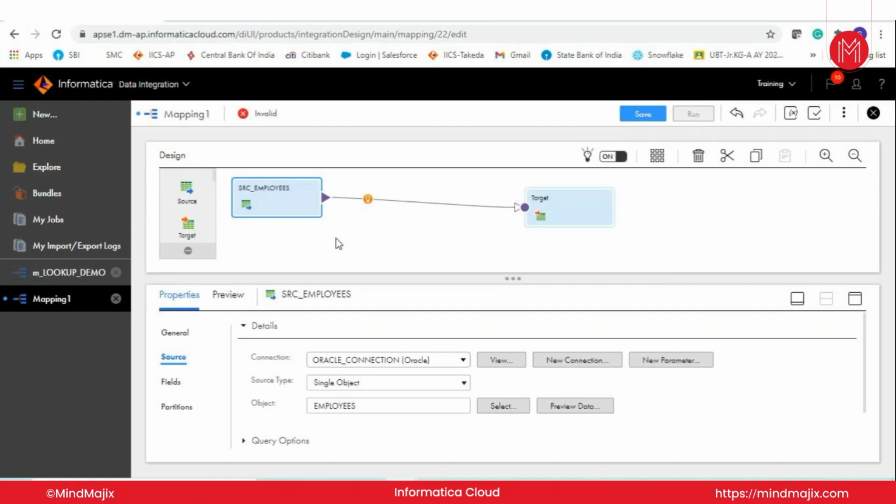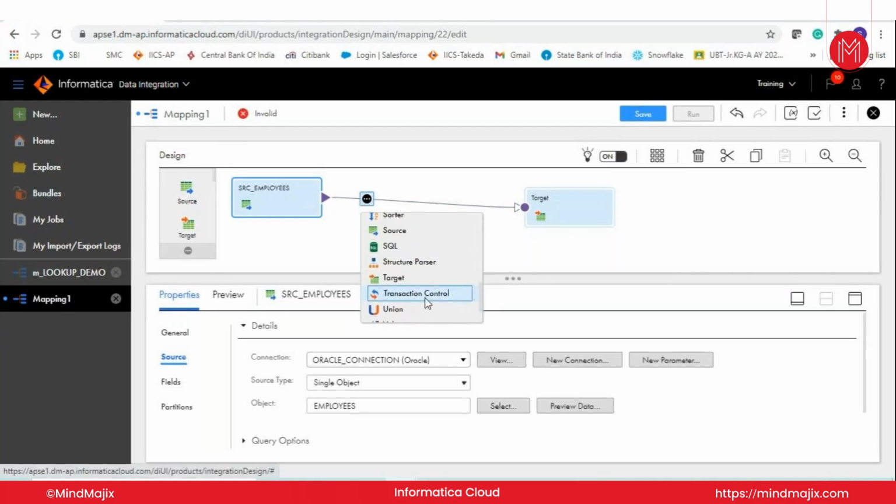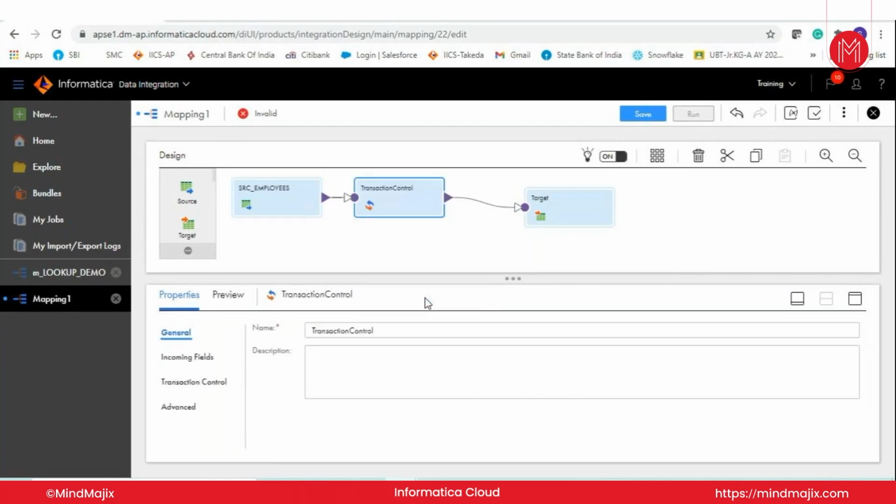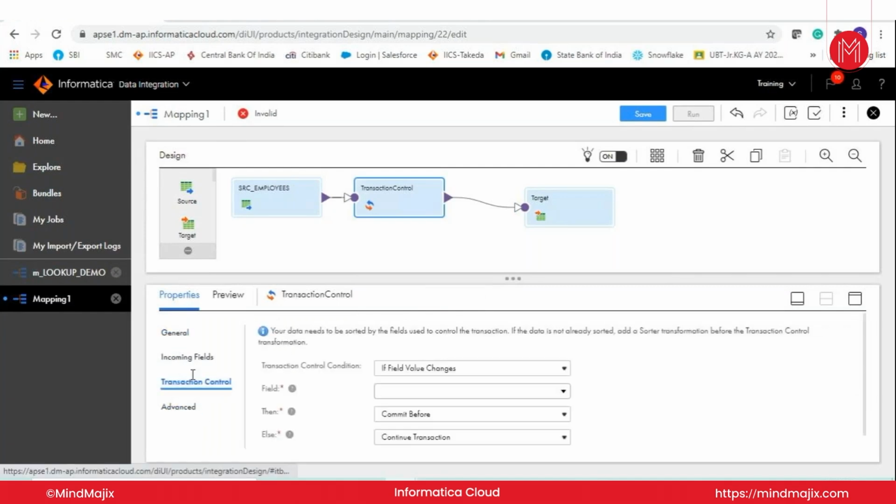So whenever it needs to be handled in a dynamic way, that time we use the transaction control transformation. Okay, so if I just click on this, transaction control. Now, if I go to the transaction control tab,